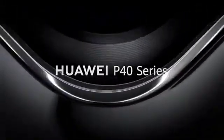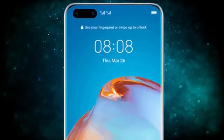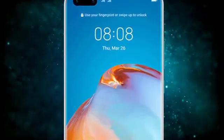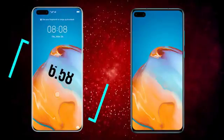Here we are. The Huawei P40 and P40 Pro are now just 5 days away, and thanks to reliable tips we now know virtually every last detail about the highly anticipated flagship smartphones. A 6.6-inch quad-edge OLED display. Starting with the largest model first, the Huawei P40 Pro sports a 6.58-inch OLED